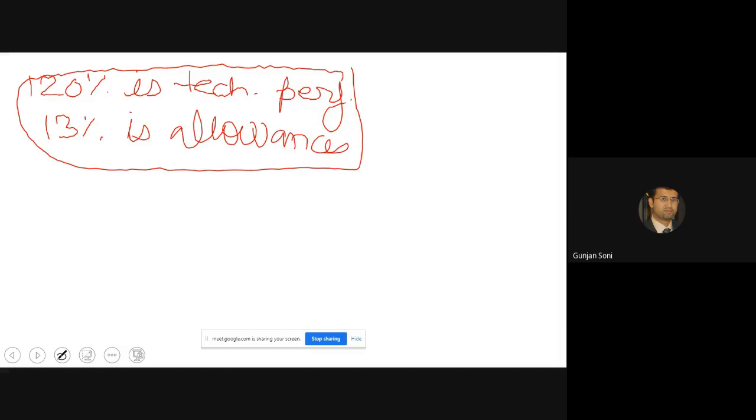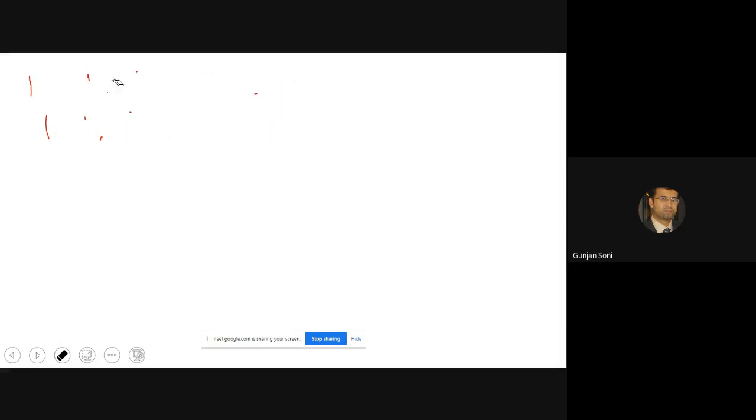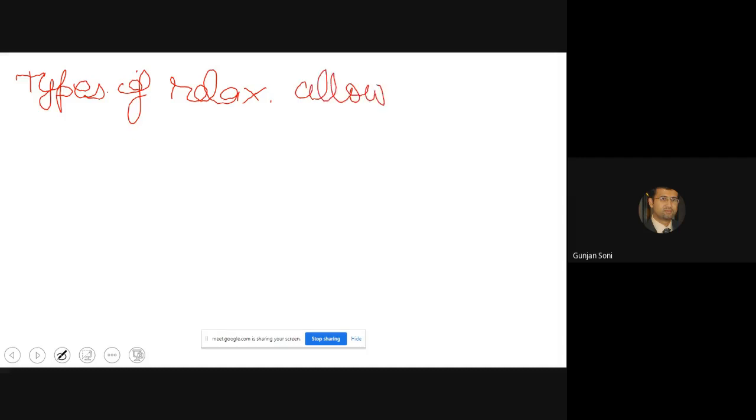So types of relaxation allowances. You can say it's a fixed allowance and variable allowance.